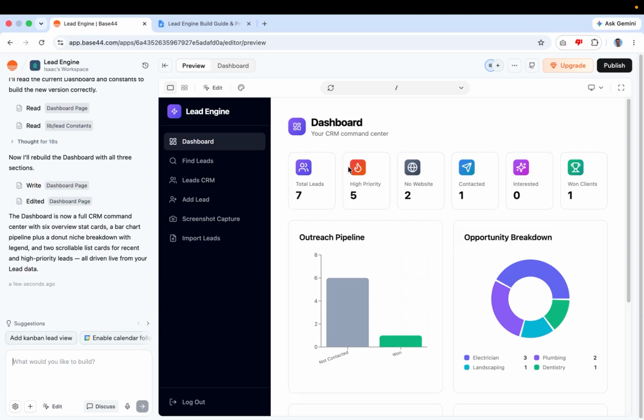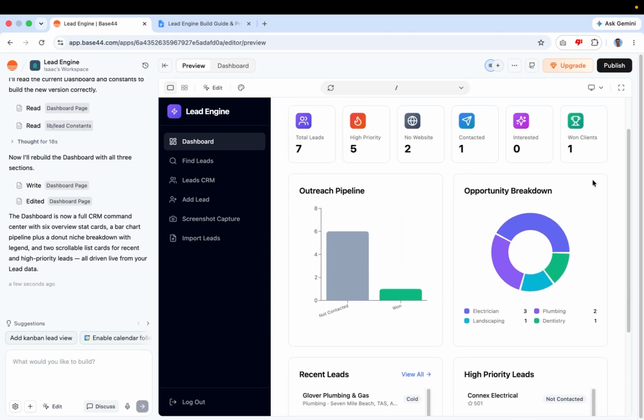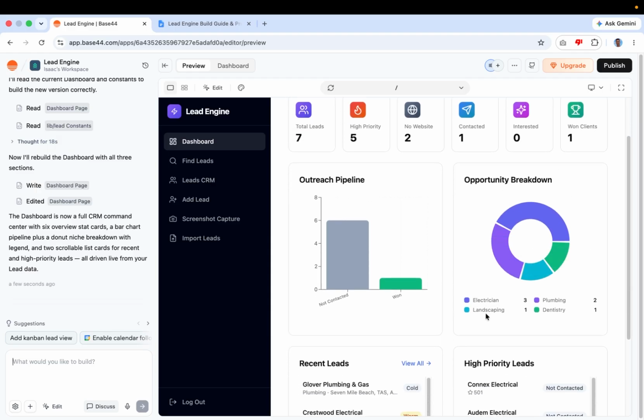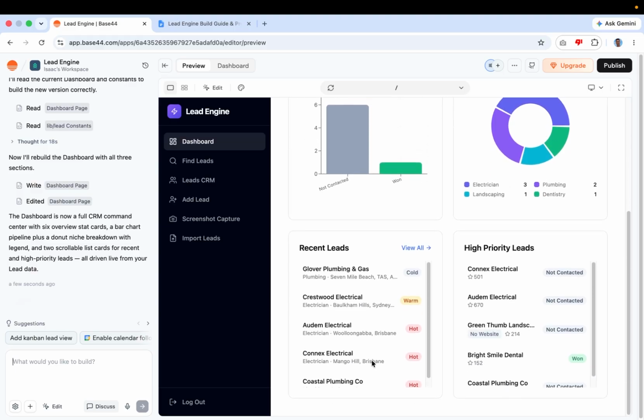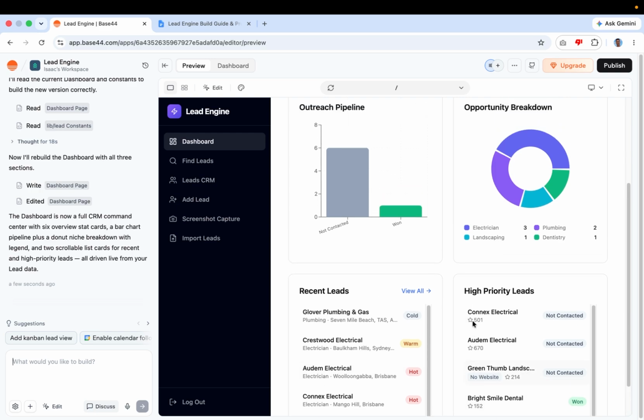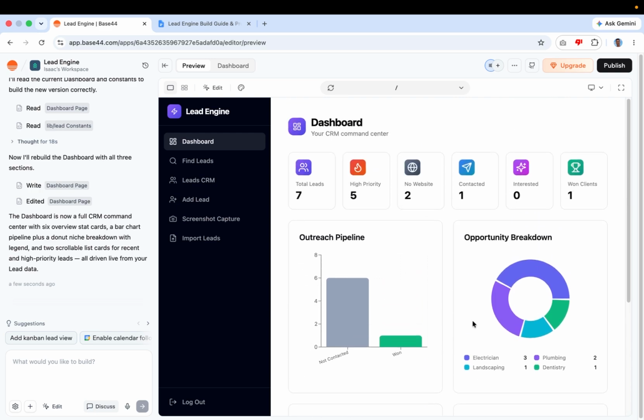So we've got total leads here. We've got high priority. We've got no websites. We've got contacted, interested, client. So that will be more applicable once you're actually using it. But as we can see here, we've got an opportunity breakdown per industry that they're in. We've got an outreach pipeline here of not contacted. We've got recent leads that we can see and high priority leads. So look at that. That is now feeling far more like a dashboard and how we would like it to